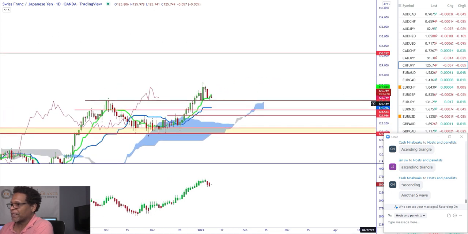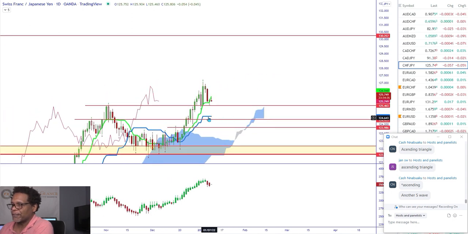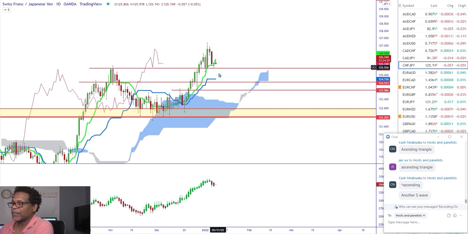Your TK zone is your Tenkan-sen, Kijun-sen. We don't want to see this flat and this angling to the upside like this. This is going to look for a correction up here, right here. So therefore we're probably going to see it drop a little bit. We don't want to see that kind of distance, one angling high, one flattened, because therefore you're going to probably see a correction, and you're already getting it.